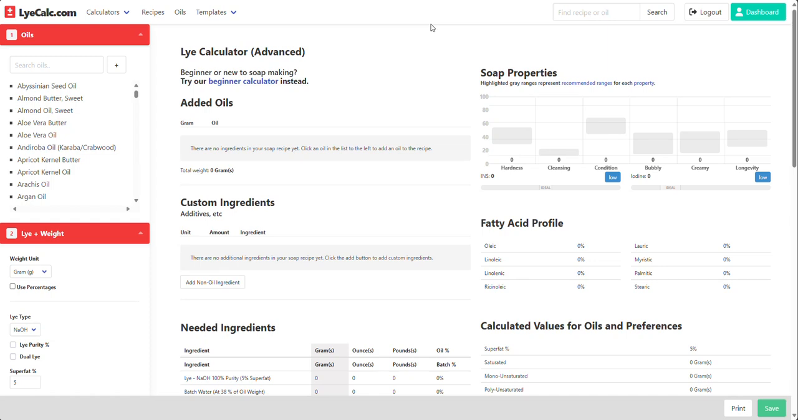Okay, so for all the experiments and demonstrations beyond this, we are going to be using LyeCalc.com. You can simply Google it or go to that address. So let's walk through how we're actually going to use this tool. It is set in the advanced rather than the beginner so that we can walk through and explain every detail